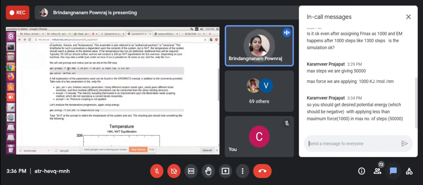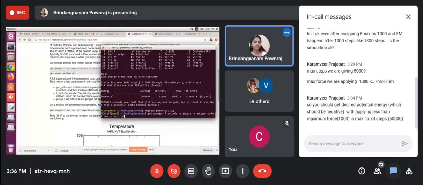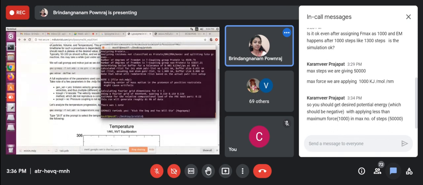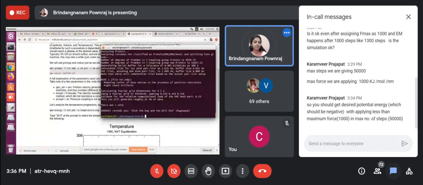So now our NVT file is ready, and em.gro is from the previous step, the energy minimization step, and again we are giving -p as usual the topology file and output TPR file. Now I'm going to run the first equilibration step.